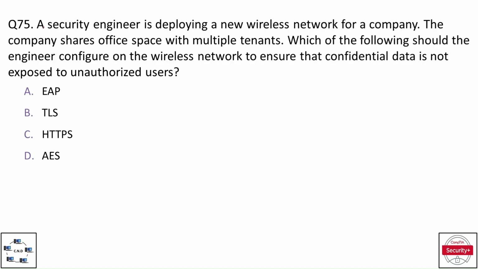Question number 75. A security engineer is deploying a new wireless network for a company. The company shares office space with multiple tenants. Which of the following should the engineer configure on the wireless network to ensure that confidential data is not exposed to unauthorized users? And the options are option A, EAP, option B, TLS, option C, HTTPS, and option D, AES. And the correct option is